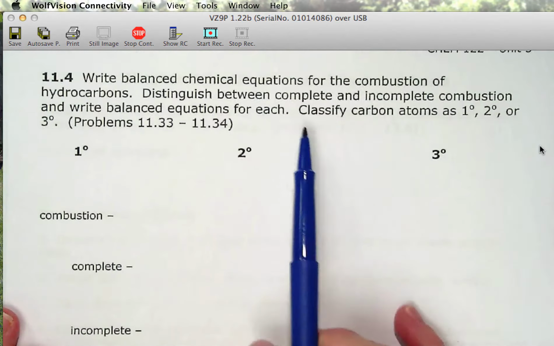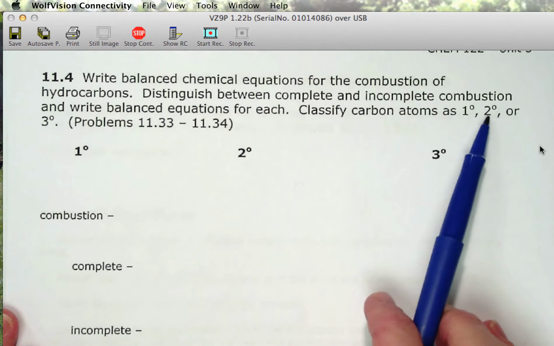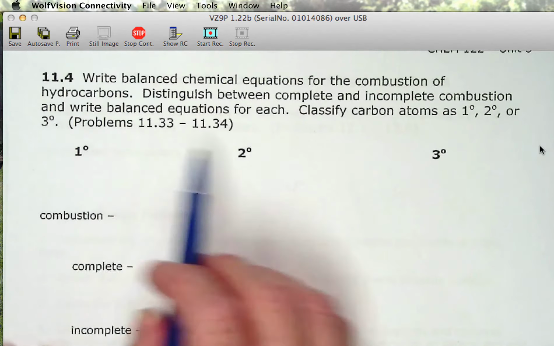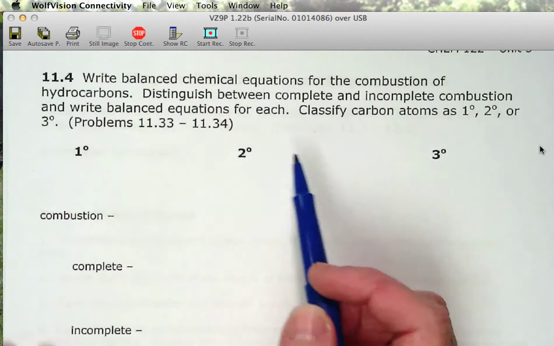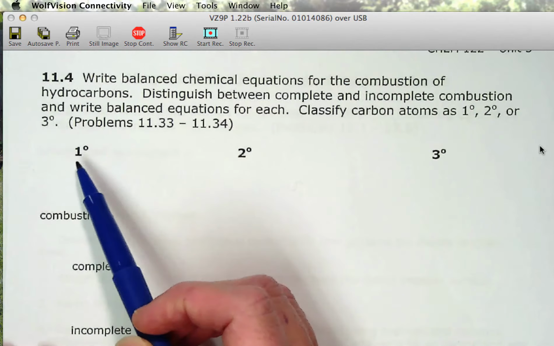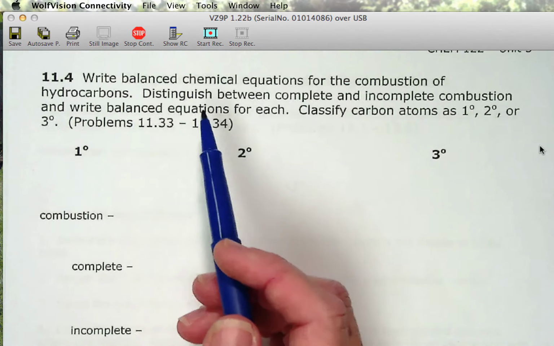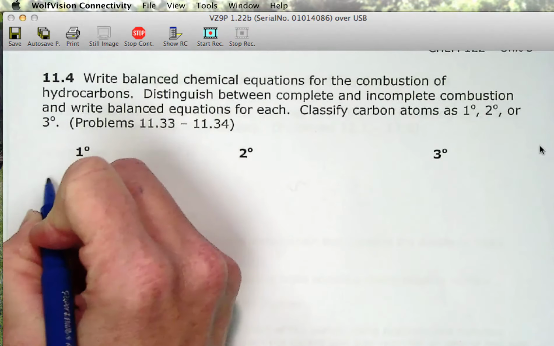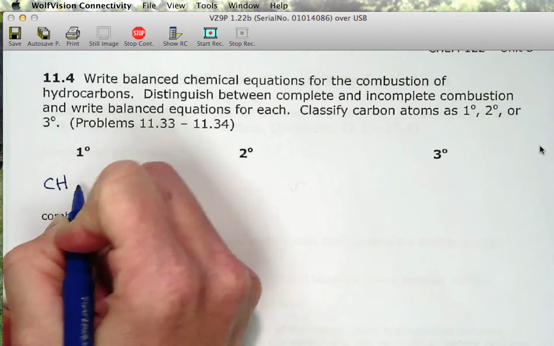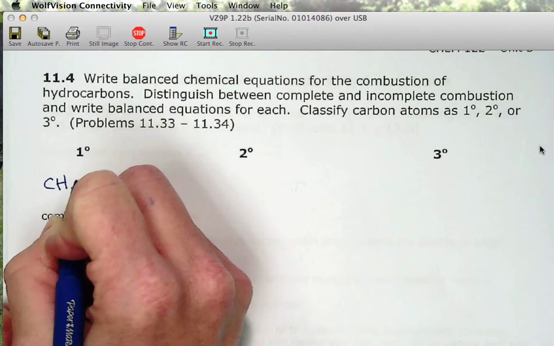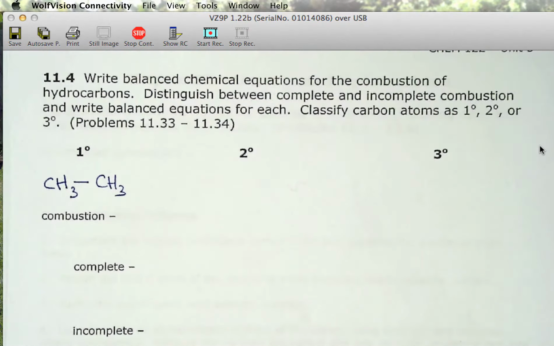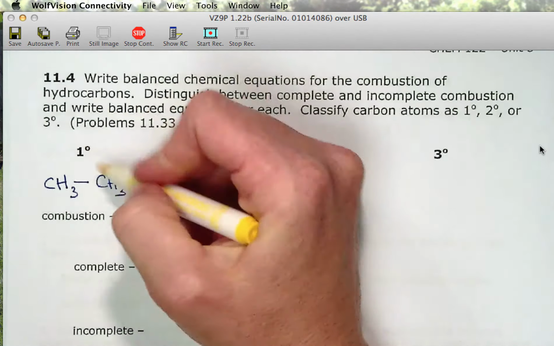And then I also have classified carbon atoms as primary, secondary, or tertiary. I'll teach you the primary, secondary, and tertiary. This we will find useful a little bit later on in the unit, so just stick with me. It's nothing major. So in the example of ethane that I have right here,